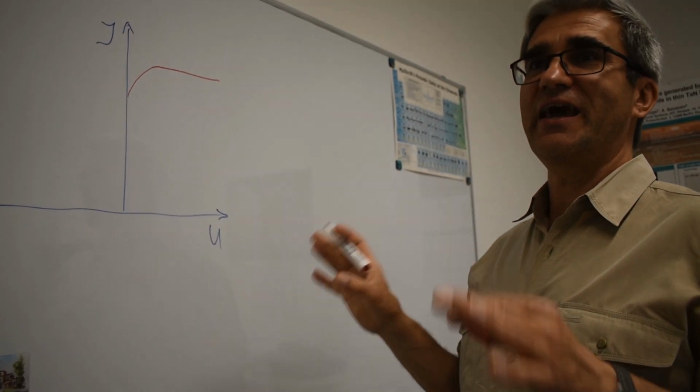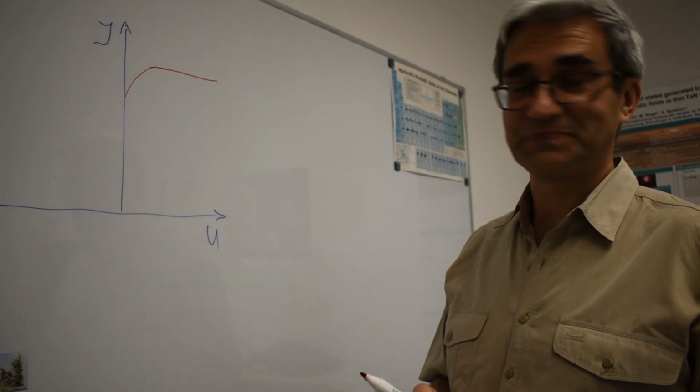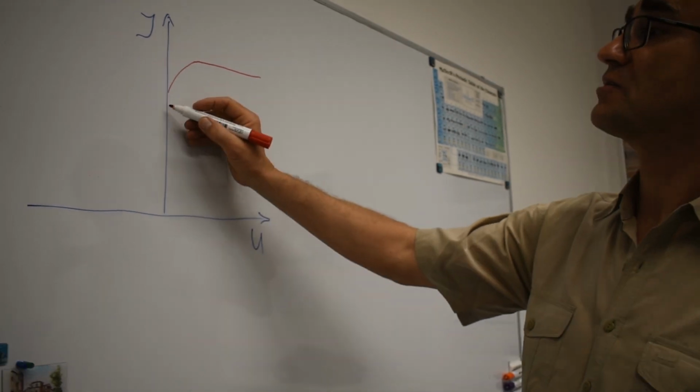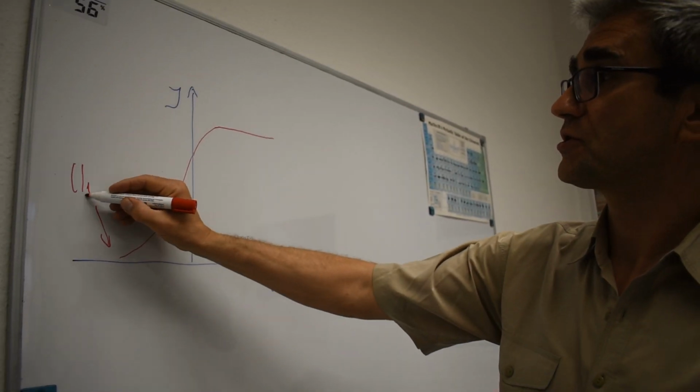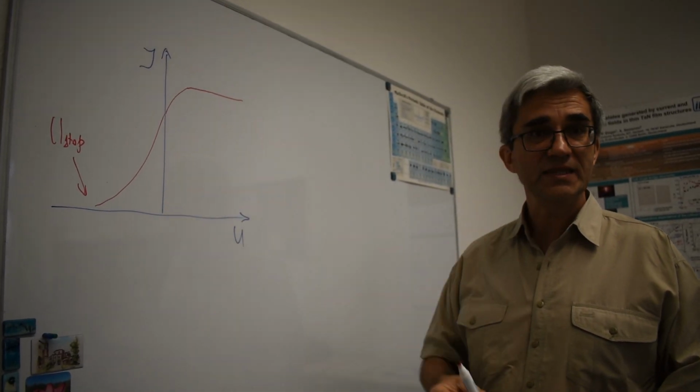Exactly. Everything can be explained on the basis of the theory of Albert Einstein. Right, okay. So if we apply negative voltage, the current will decrease, and at a certain value, which is usually called the stop voltage,